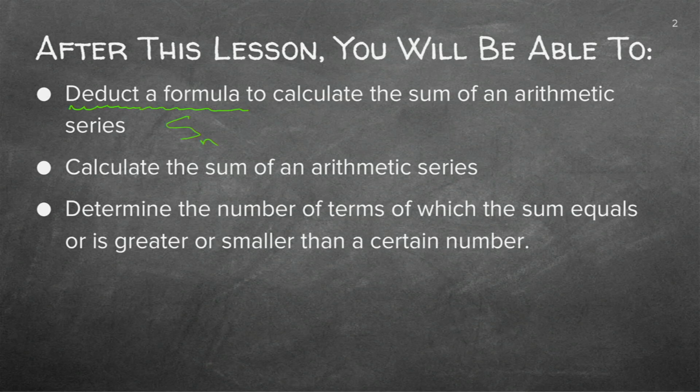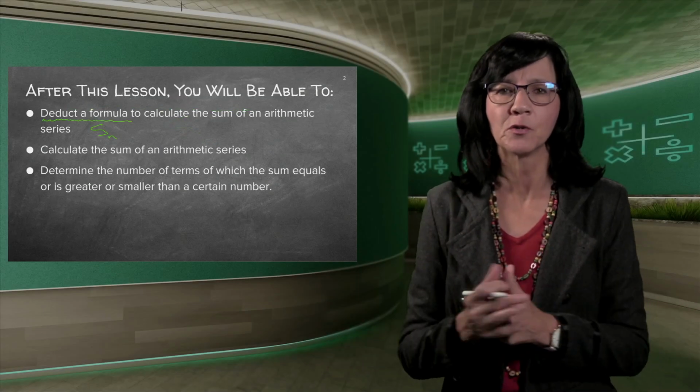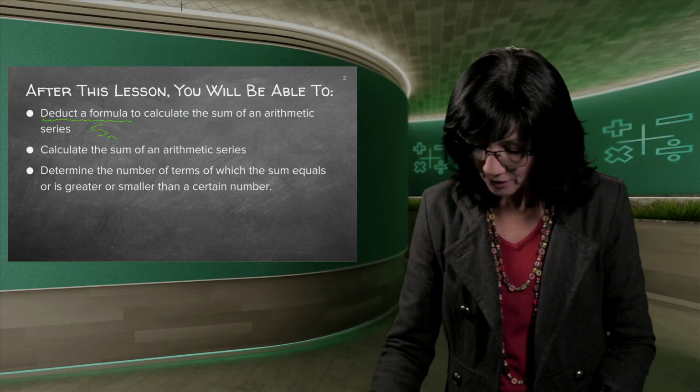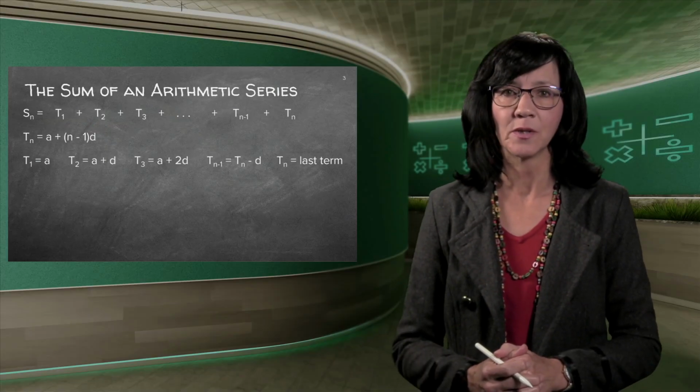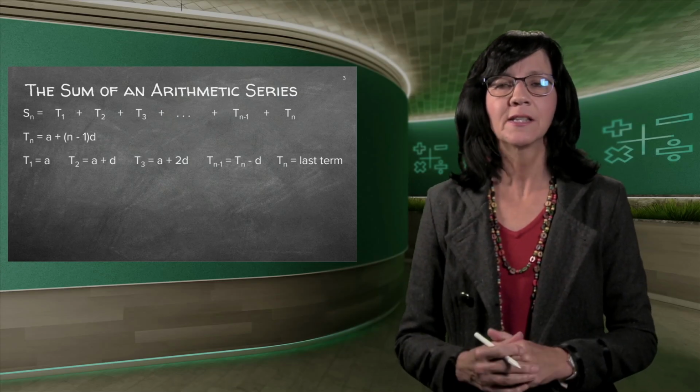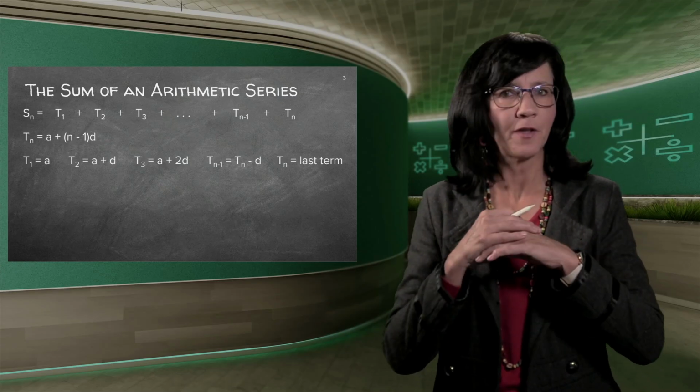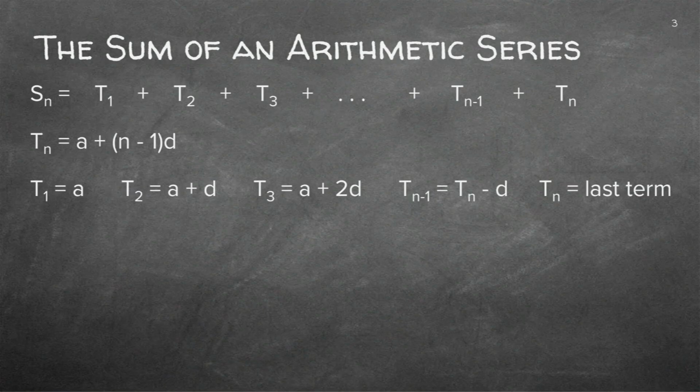Now again, for the sum of the terms we use an S. Remember, T we use for term, S we use for the sum of the terms. So you cannot get confused between the two of those. Good, but we need to know how to deduct that formula. So let's go through it step by step. It's very, very easy, but it's something you have to practice on a piece of paper a few times because you need to remember one or two things, which I'll tell you just now. Let's just see what it's about.